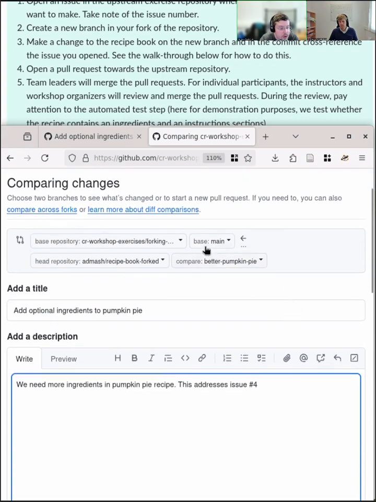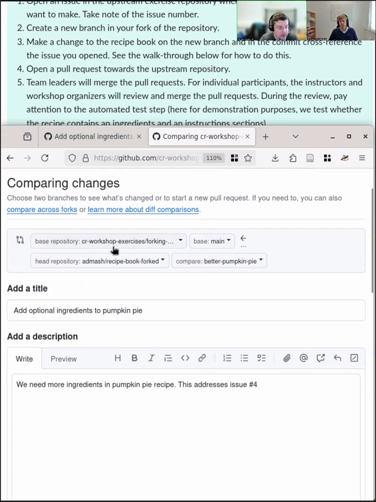Okay, so here we forked from a branch called main, but in our repository we have this fork. The branch is called Better Pumpkin Pie, and so that's what we're committing back into there.